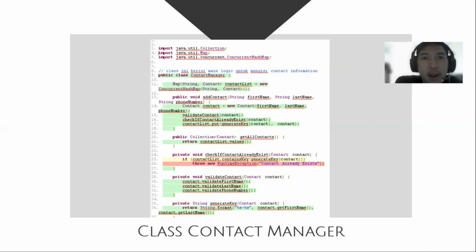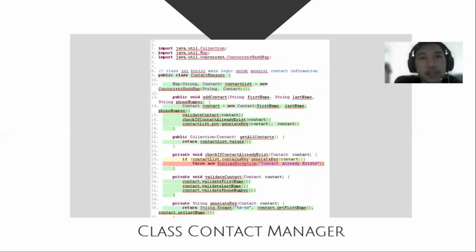For the if function, the color is yellow because, as I explained before, the if function is always yellow because there are two conditions, success or error. In this case, the contact you want to enter doesn't exist, so the exception handling section is red. But if the contact we want to enter turns out to already exist, then the exception handling will be green.